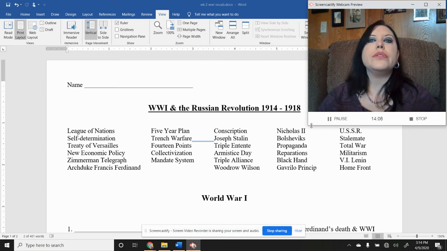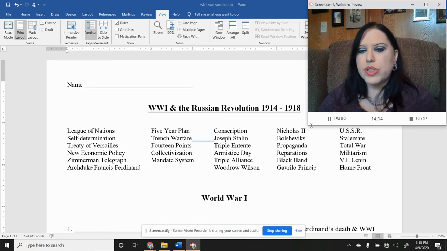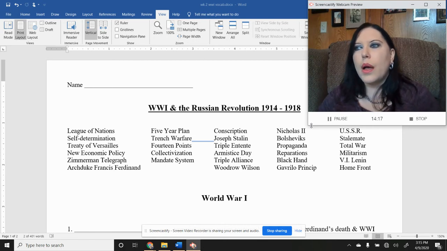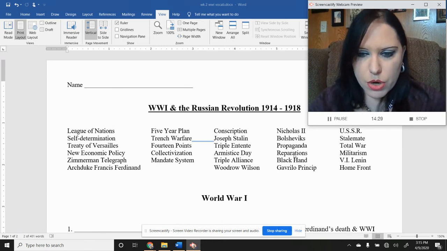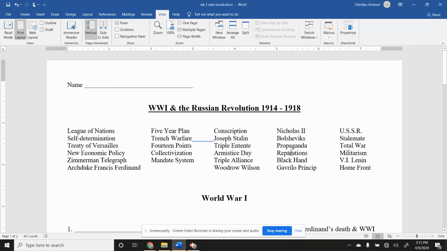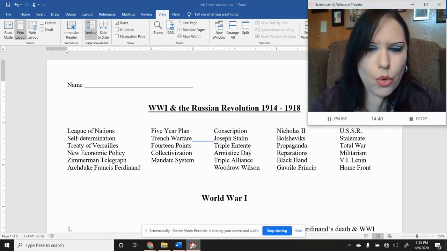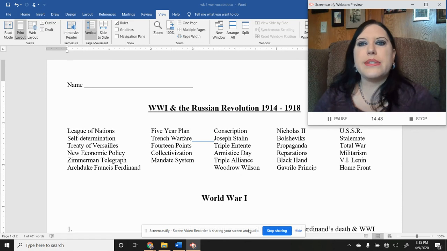The next word is reparation. Reparation is money that is paid. Well, sometimes it's not money. It could be land or whatever, but today it's mostly money. It's money that is paid from the loser of a war to the winners of a war in order to repair their land or whatever. If you look at the word right here, if we put an I in there, it can very easily be repair. That's kind of a good way to remember it. Repair, reparations. It's money that the loser of a war gives to the winner in order to pay for the